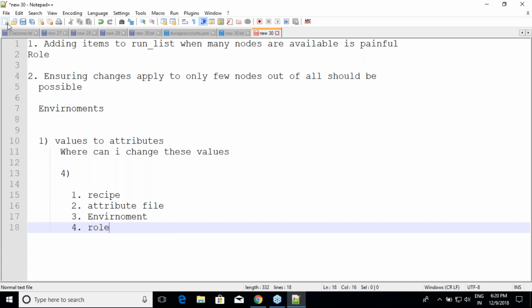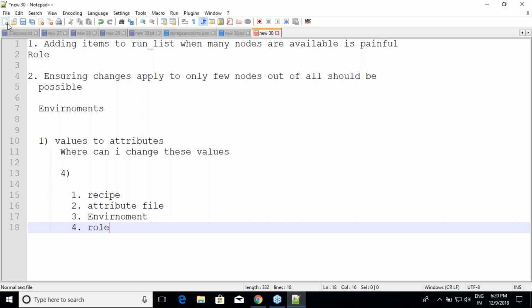So whatever value which you have been defining in attributes can be changed at 4 places. Am I clear on this? So we have roles, we have environments. Roles have their own purposes, environments have their own purposes, but we can still change the attribute values over. That's not it. This is just half of the story.